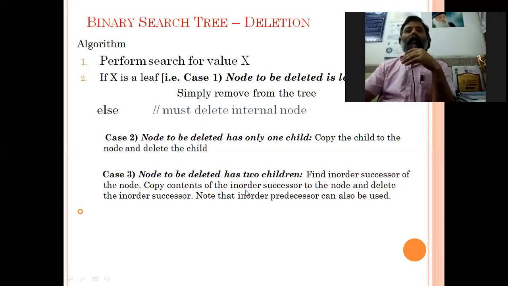So what we are doing: firstly we will find the in order successor, and then we will replace this node by its in order successor. Why are we replacing by the in order successor? In the in order traversal, the root of the subtree will be traversed first, and after that the node. So definitely that node will have a greater value because it is in the right subtree. So if we replace by that node, then the property of the binary search tree will be satisfied. So this is the point.